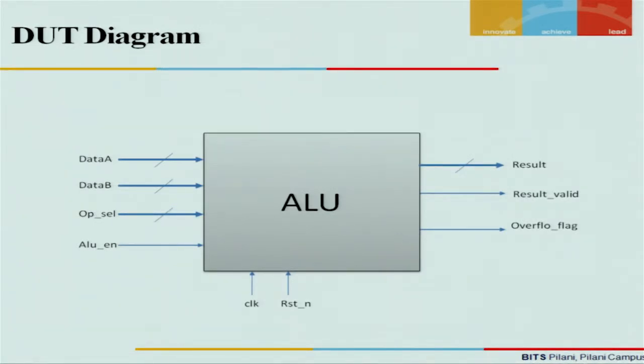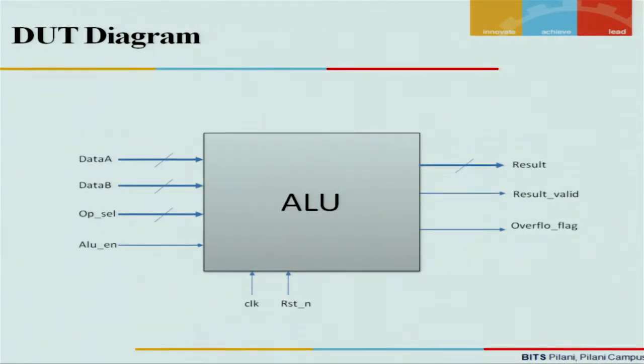Just to make it a bit more clear, the two conditions for the DUT are that the clock should be running, it will take the inputs at the passage of clock, drive the outputs at the passage of clock, and it will work only when reset is deactivated. As soon as the reset is activated, the DUT will stop performing and will wait for the reset to become deactivated, and then will again start looking for the data inputs at the next passage of clock.